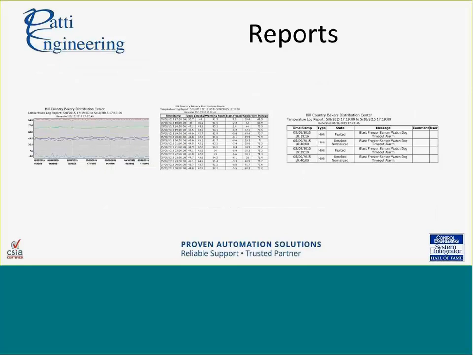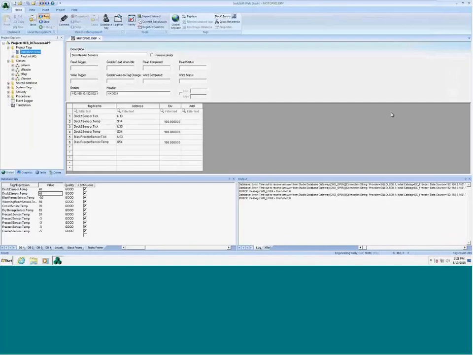These are some screenshots of the PDF report that I printed out from that filter. I'm actually taking a screenshot of the trend view and embedding it in the file, creating a table of date and time as well as the temperatures for each of the zones you want to look at, as well as a filter of that time range of any faults that occurred. So switching back to the runtime,